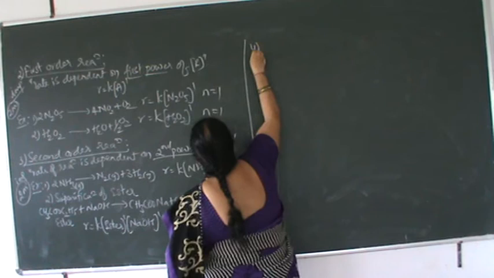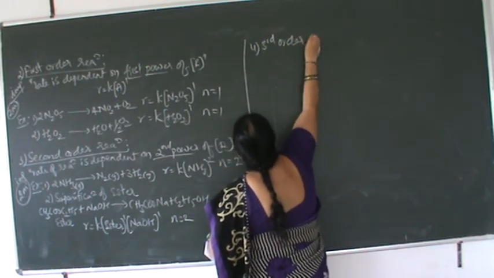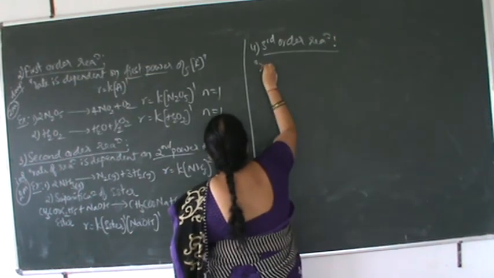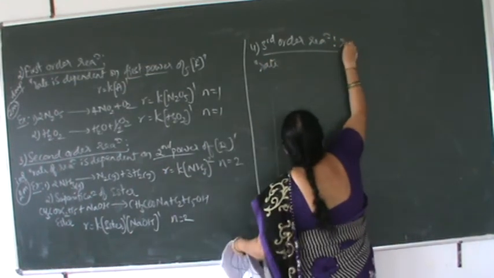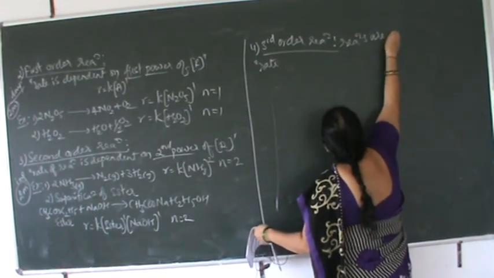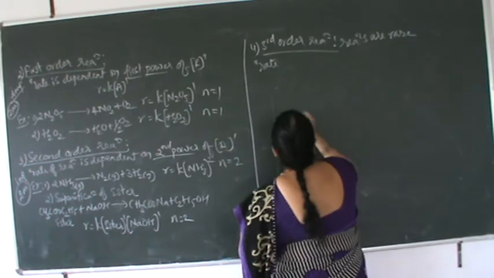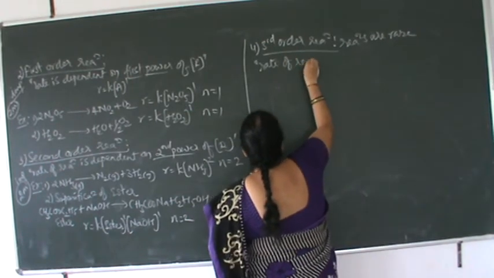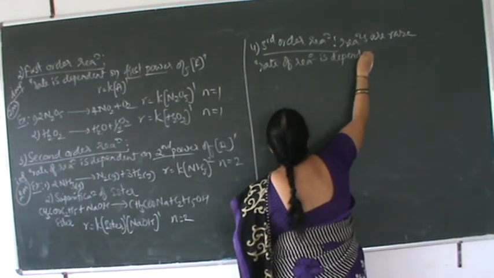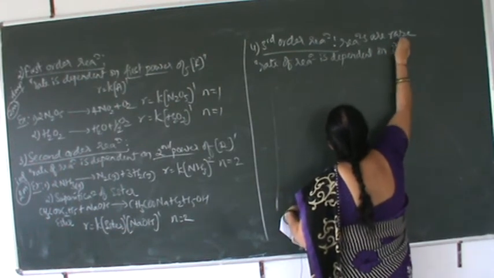Fourth type, third order reactions. So here, as per the definition, third order reactions are generally rare. Here, the rate of the reaction is dependent on the third power of